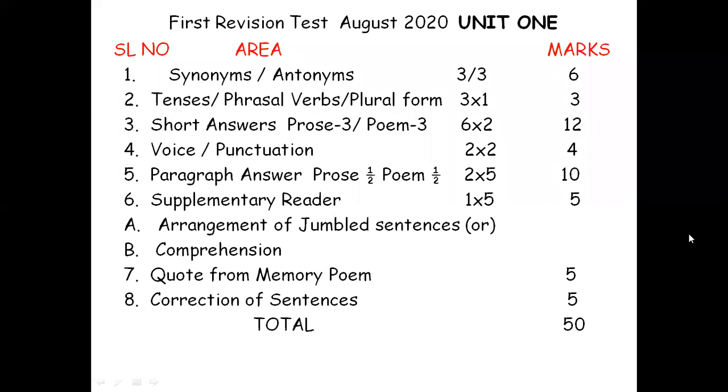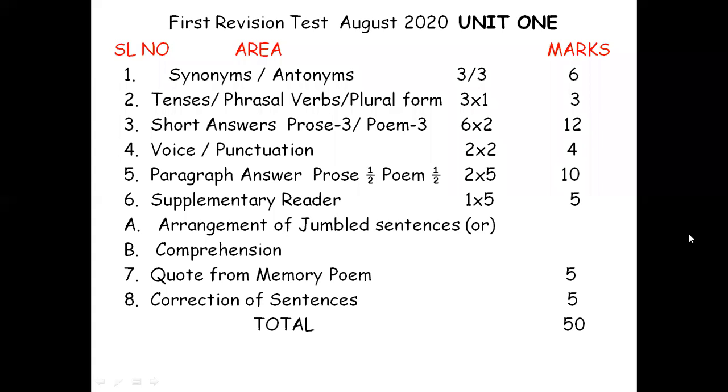Okay, one unit means three lessons. Three lessons means one prose lesson, poetry, and then one supplementary. Totally, in the normal question paper, 47 questions will be there. Here it is not going to be like that. We are going to skip some of the items because the duration is cut short by 1 hour. It's only a 1.5 hour test actually.